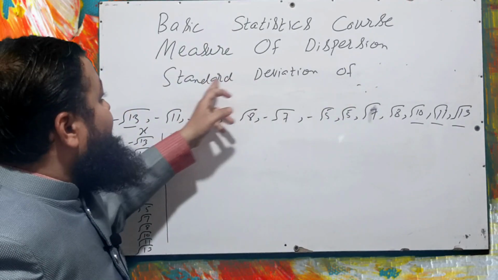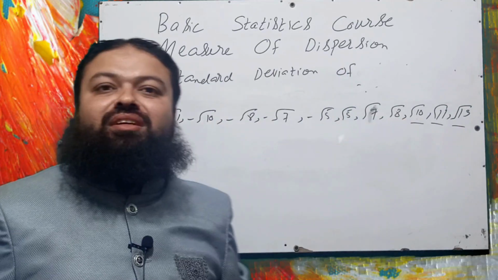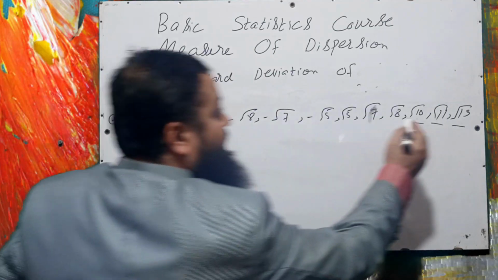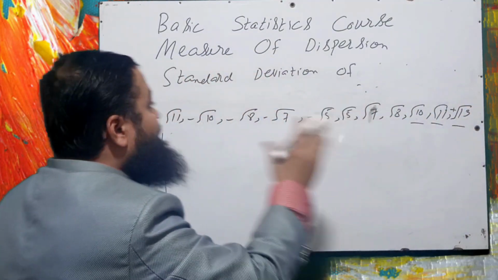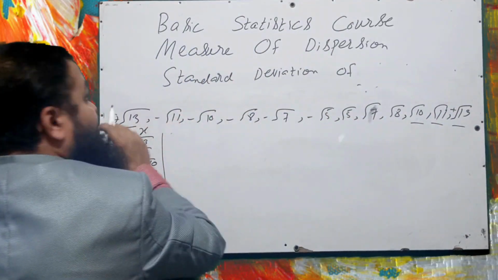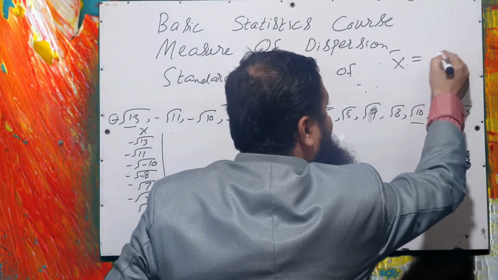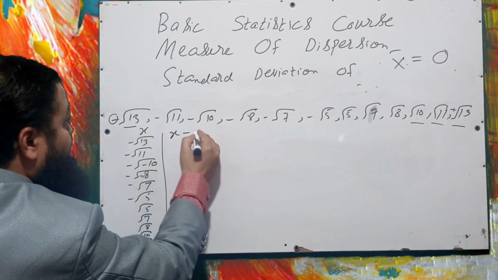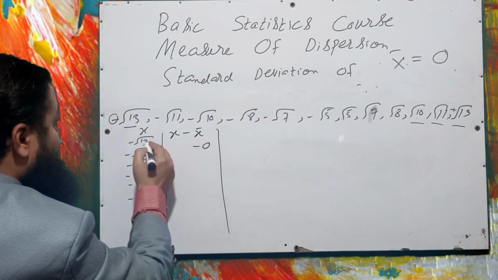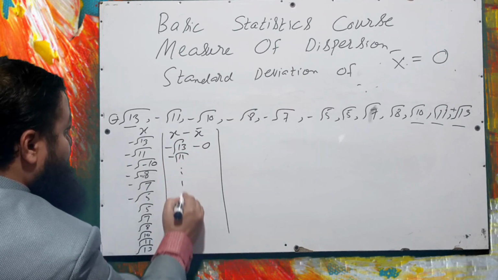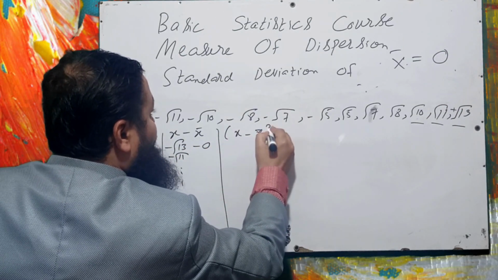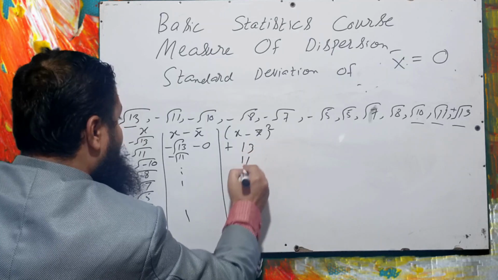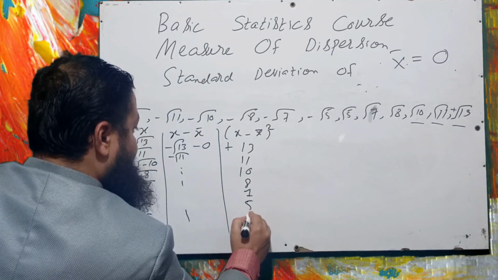Question number 1 is find the standard deviation of all these numbers. Dear students, we can see very clearly that under root 13 has a negative sign and here under root 13 has a positive sign. Whenever you have the same numbers with positive and negative signs, their x bar will always be equal to 0, and you are to find out the standard deviation. X is given. If you find x minus x bar, because the mean is 0, you will have to copy all these numbers like this. Now you take x minus x bar whole square, negative will be positive and the square root will be cancelled with the square, and you will have these numbers like this.